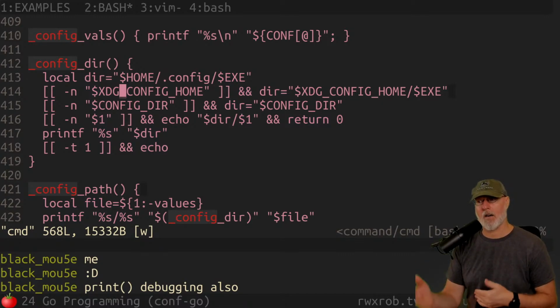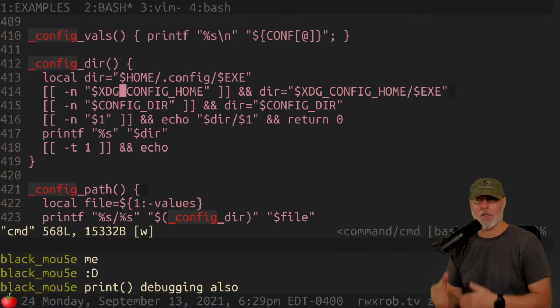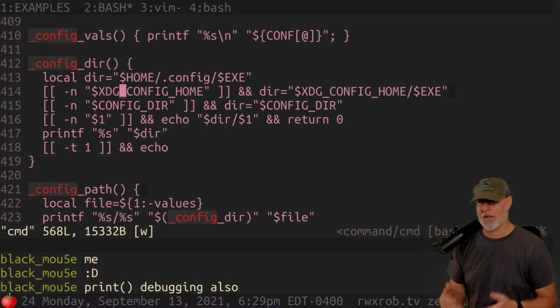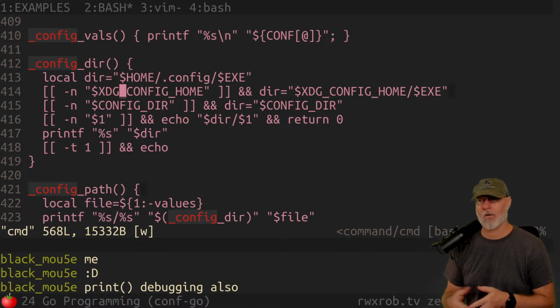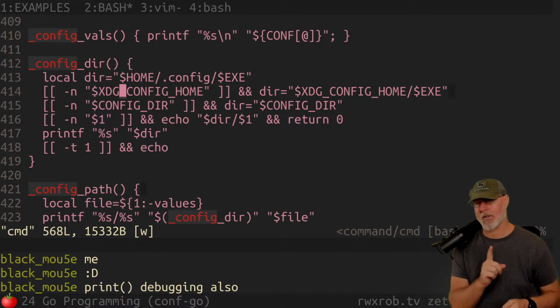subdirectories which are keyed off of the applications. And then there's no specification for this, but the applications generally should be matching the name of their executable. And in our tool that we're making, we are going to force that. So the configuration is automatically going to match whatever you're running as, and we're doing that on purpose.